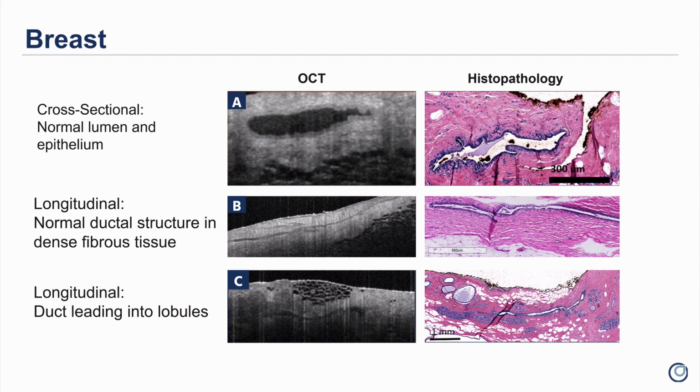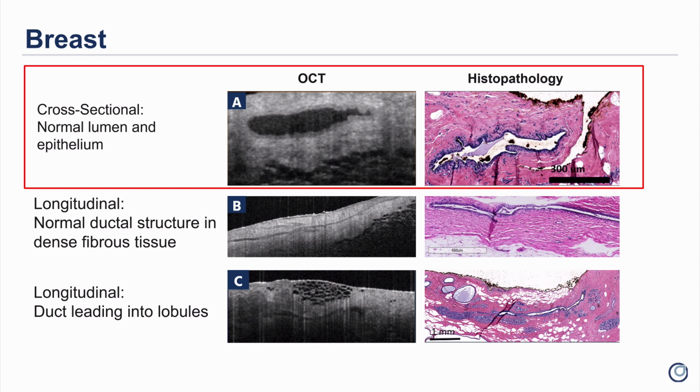Now within the breast tissue, OCT can delineate the architecture of the excised tissue. The black and white images are OCT pictures captured in real time, and right next to them is the histological correlate in pink and purple. In this cross-sectional picture, image A demonstrates really nicely the ability of OCT to image normal ductal structures within their